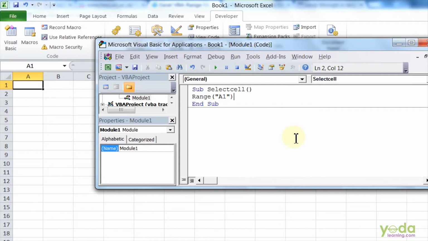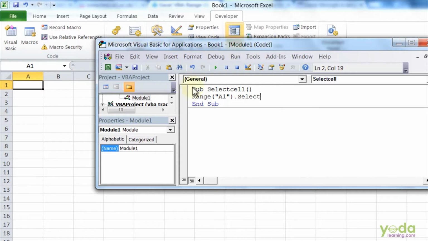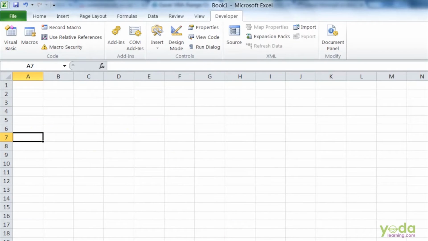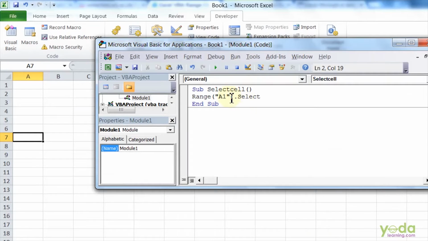I'll close the bracket, dot Select. So this will help me select the particular range. So when I run this code, say if my cell is in A7, how will this code be executed? I'll run it, it will go to A1.